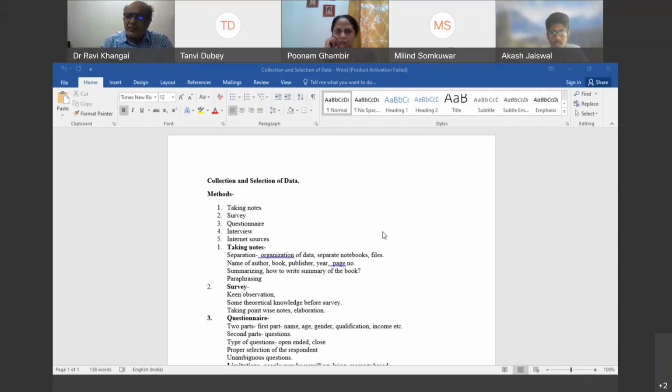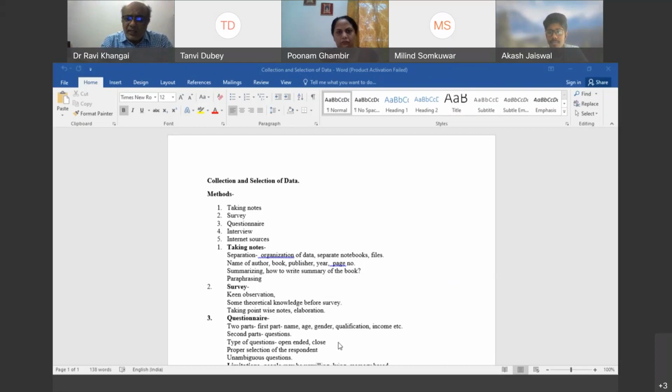Another example of an open-ended question: what is the opinion of Dr. Ambedkar about women's liberation? Then it is an open-ended question. The person can go on writing a very long answer to it. Closed questions are usually questions for which you have a very crisp answer. Crisp answer means, for example, what is your name? It's simple, one word. What is your qualification? What is your annual income? Are you vaccinated against Corona? You have a very crisp answer, either yes or no. So these are the questions which are called close-ended questions. Open-ended questions will usually have a very long answer.